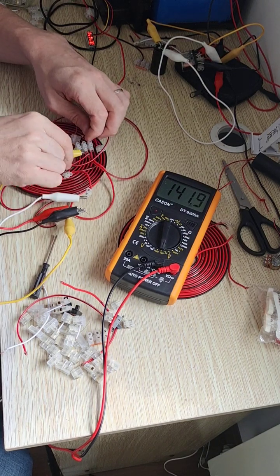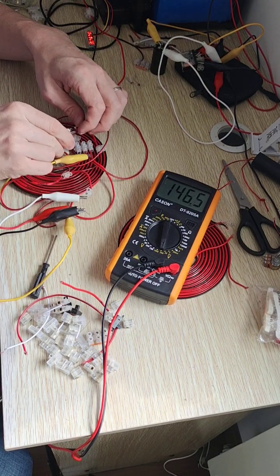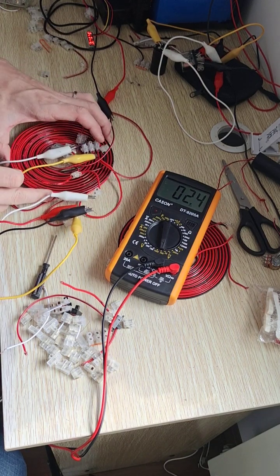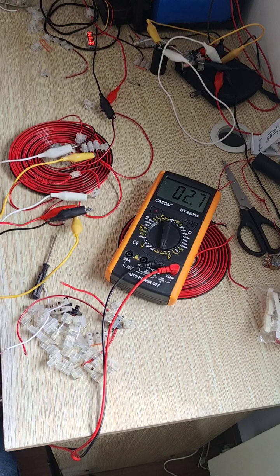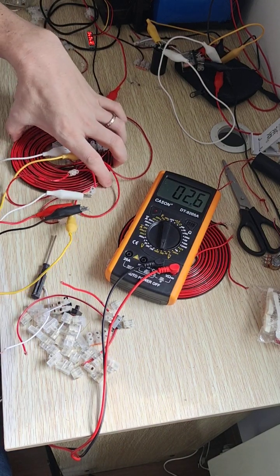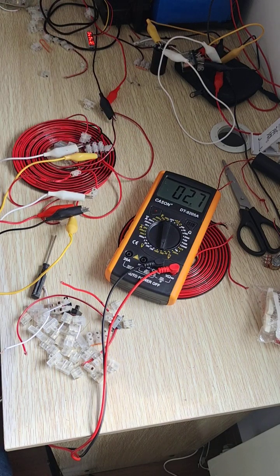If I flip those two round, look at that. That's cancelled out completely, back down to 2.7 volts. Cancelled it out completely. So obviously what I've done there is I've connected the two coils opposing each other, and I suspect that is